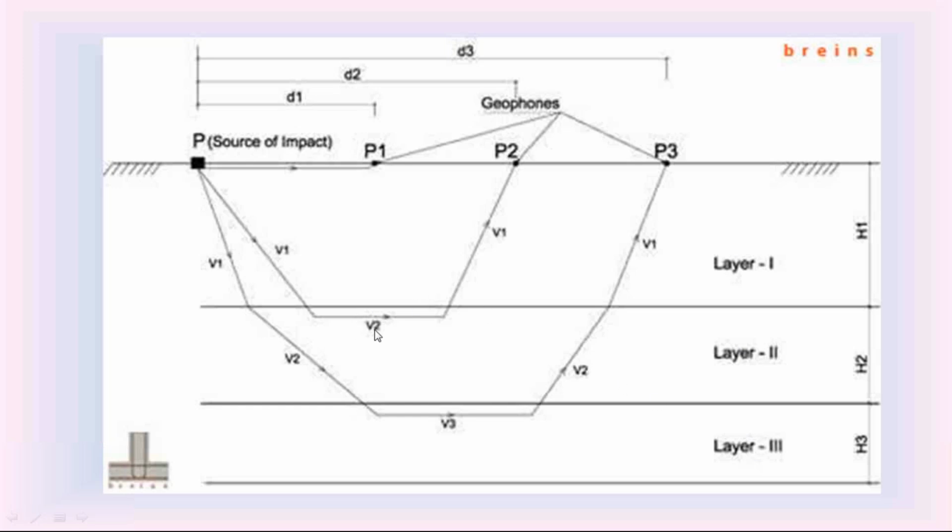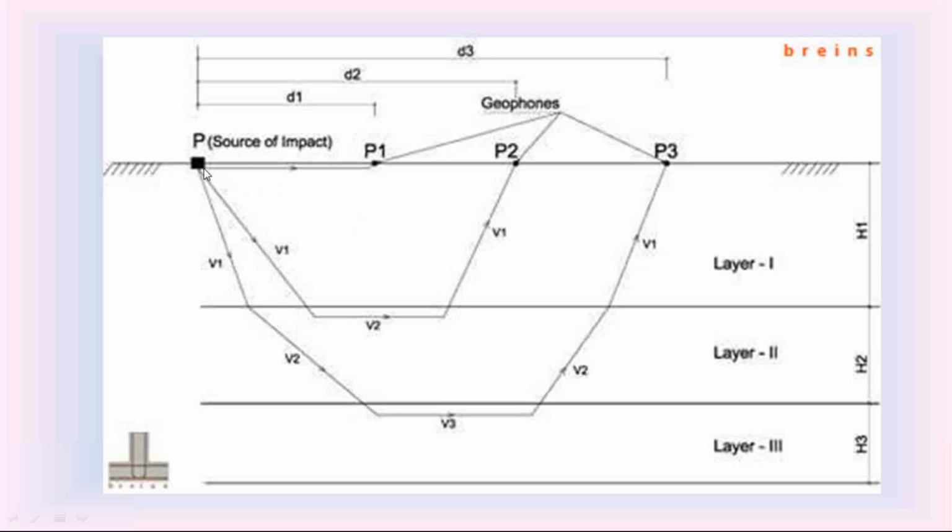In the seismic refraction method, as the hardness of the soils gradually increases in the downward direction, the velocity depends on the density. Density is indirectly related to hardness. When hardness is more, density is also more. So we assume that from the ground level, the density of the soil layers gradually increases in the downward direction. When the density increases, the velocity of the shock waves also increases. So v2 is greater than v1, and v3 is greater than v2. The velocities gradually increase as the density increases downward.